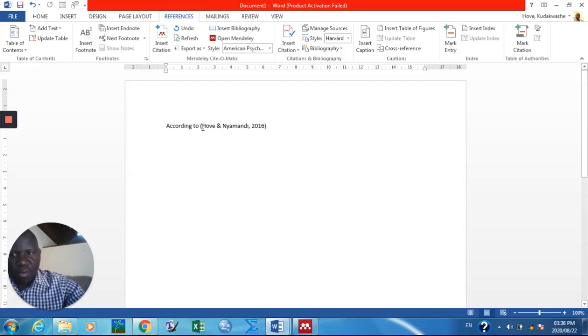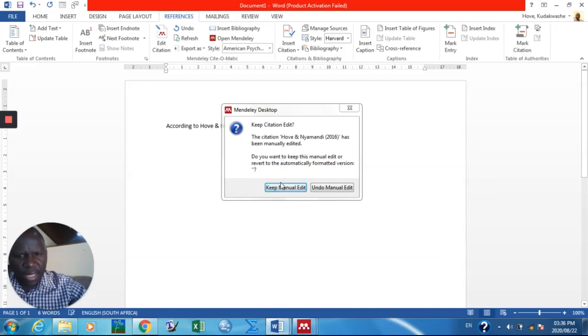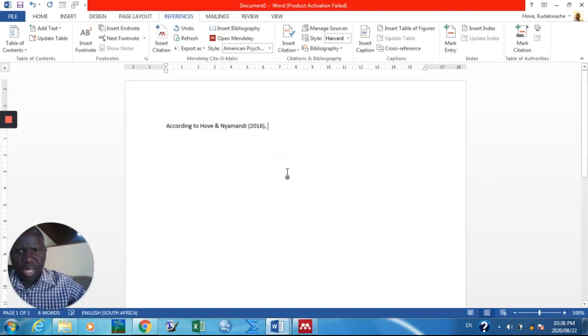This is not how we cite in text, so I need to change here and manually do the editing to make sure that the citation is proper. According to, I put my arrow so that it reads according to Hove Nyamandi 2016. Then Mendeley will ask, do you want to keep the manual edit? Just say keep. According to Hove Nyamandi 2016, land reform